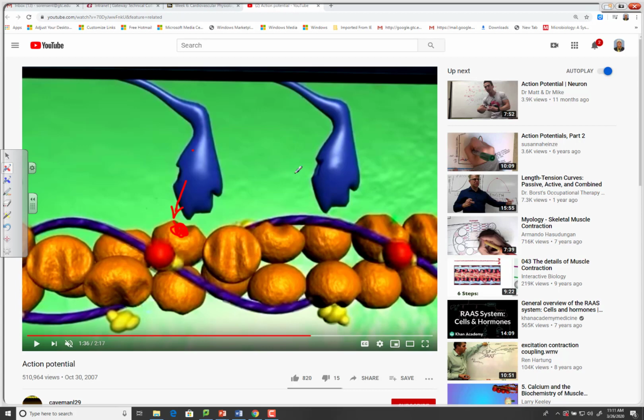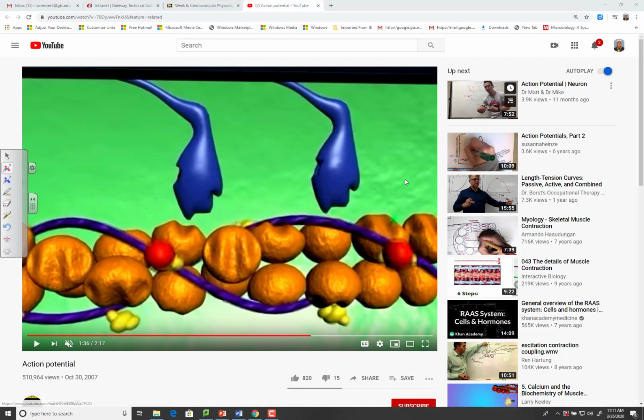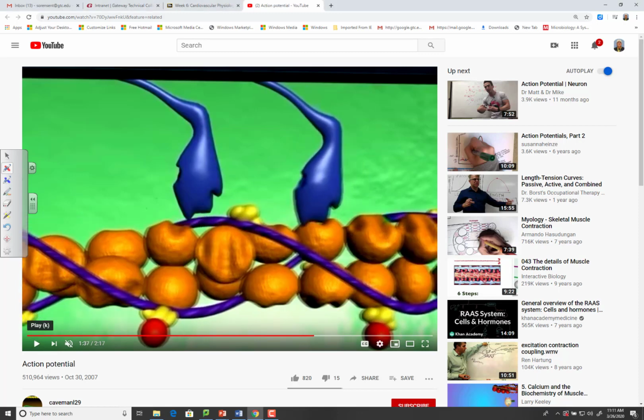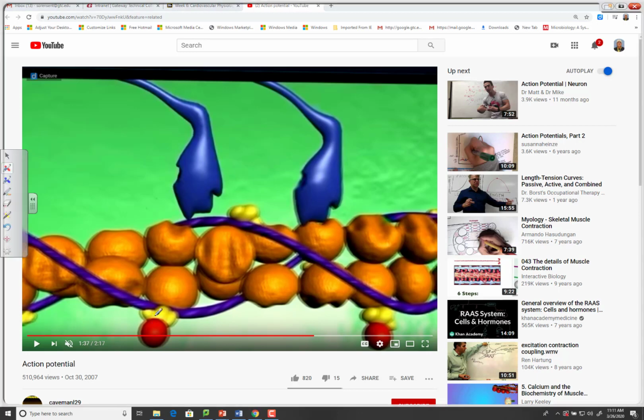Right? Now, watch. What do you need to contract muscles besides calcium? Well, you need ATP, right? So watch. Calcium got bound to the troponin complex. It caused the tropomyosin to twist out of the way. And then, as you can see, the myosin head now binds to the actin. This is the important part. We spent like 10 years talking about ATP, right? Now you're going to find out where you actually use it. There's a molecule of ATP sitting on that myosin head. And when that myosin head binds to the actin molecule,